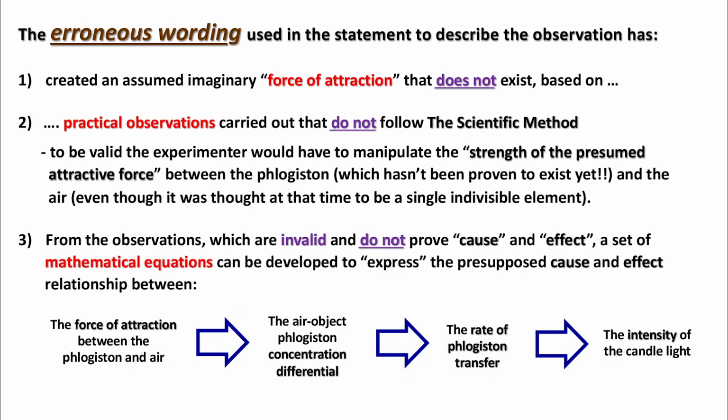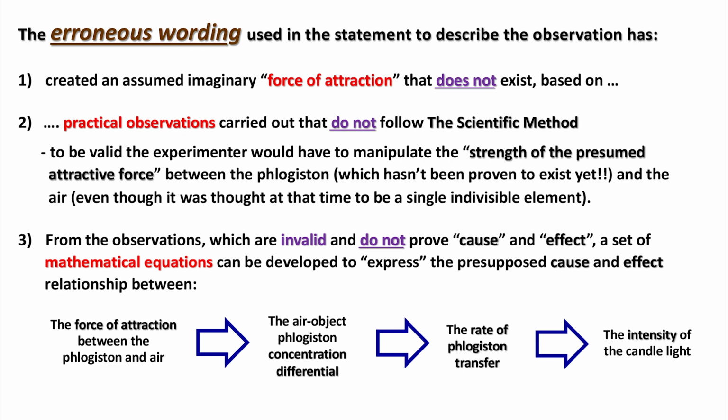The erroneous wording used in the statement to describe the observation has: 1. Created an assumed imaginary force of attraction that does not exist, based on 2. Practical observations carried out that do not follow the scientific method. To be valid, the experimenter would have to manipulate the strength of the presumed attractive force between the phlogiston, which hasn't been proven to exist yet, and the air, even though it was thought at the time to be a